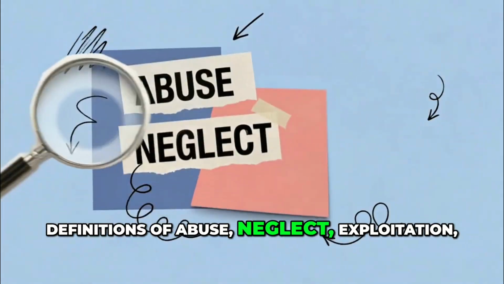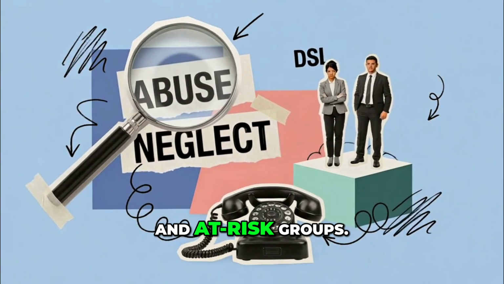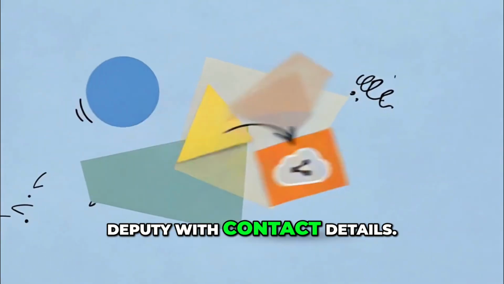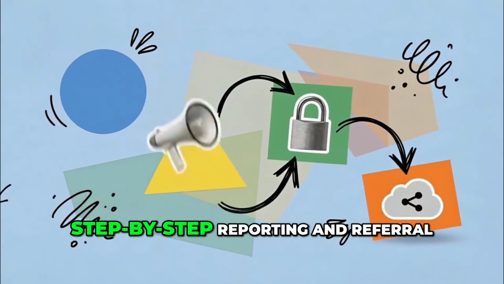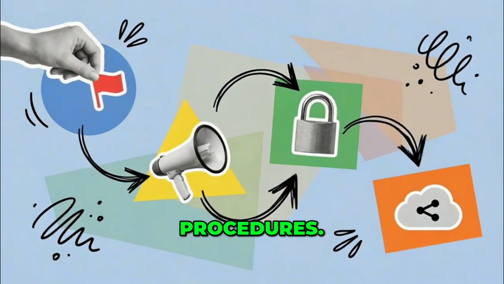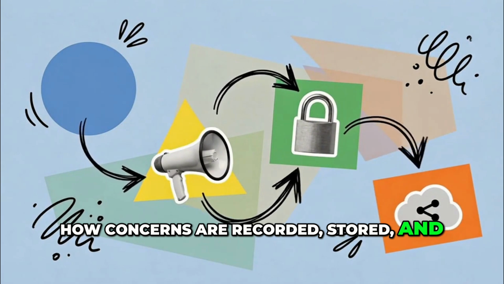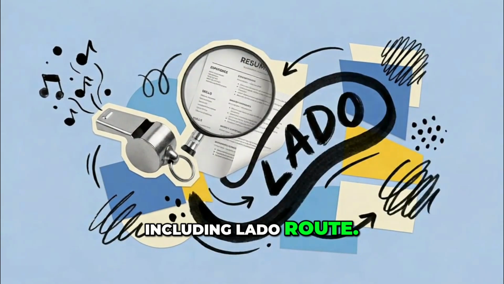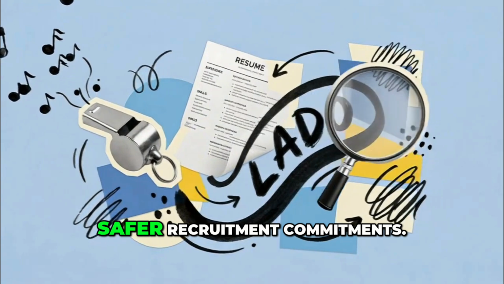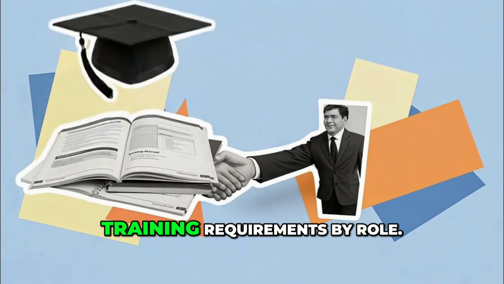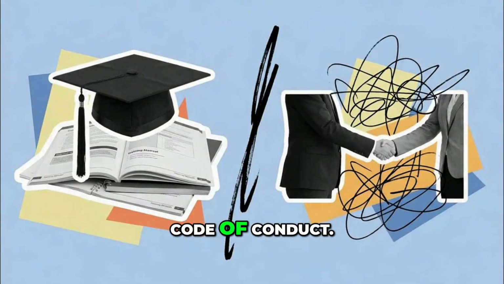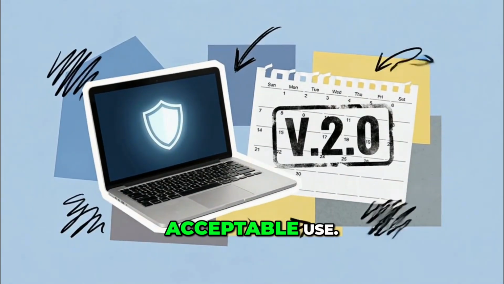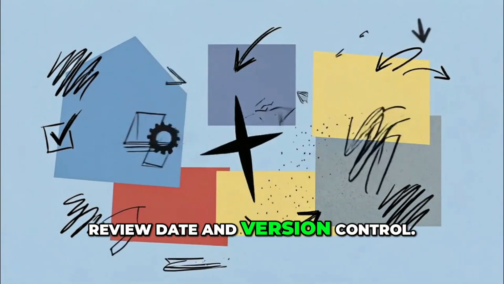of abuse, neglect, exploitation, and at-risk groups; roles and responsibilities, named DSL and deputy, with contact details; step-by-step reporting and referral procedures; how concerns are recorded, stored, and shared; allegations against staff or volunteers, including LADO route; whistleblowing route; safer recruitment commitments; training requirements by role; code of conduct; professional boundaries; online safety; acceptable use; review date and version control;